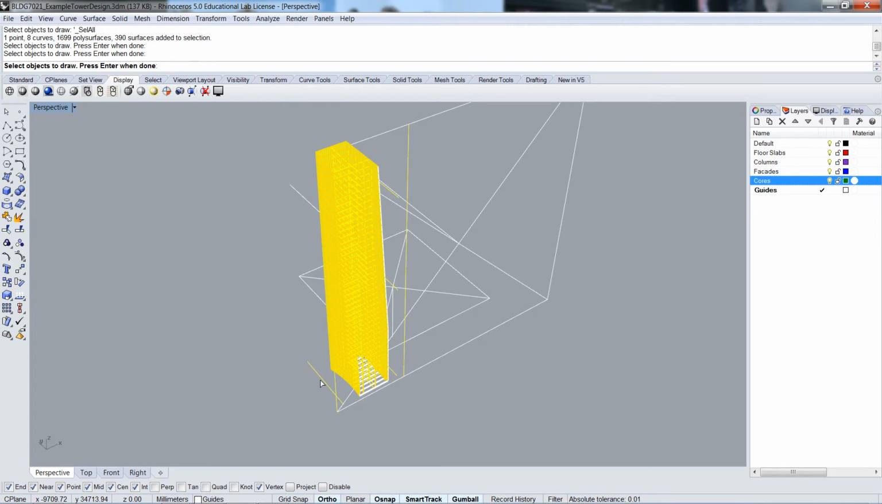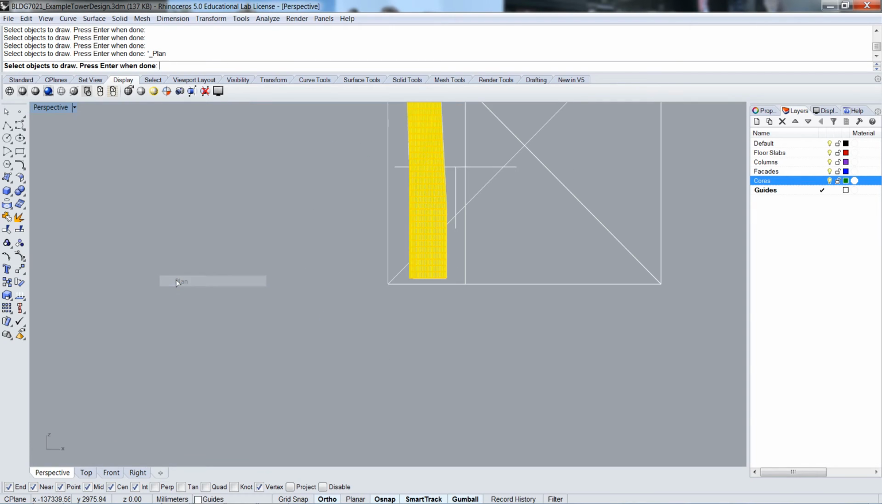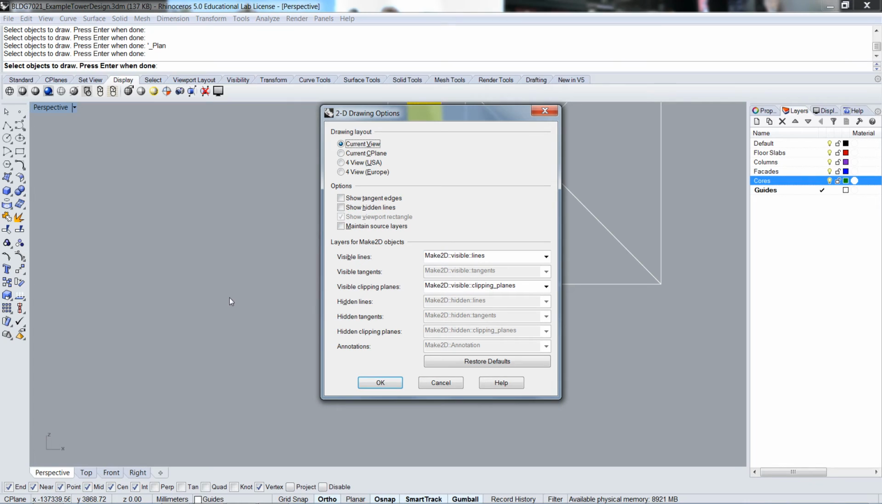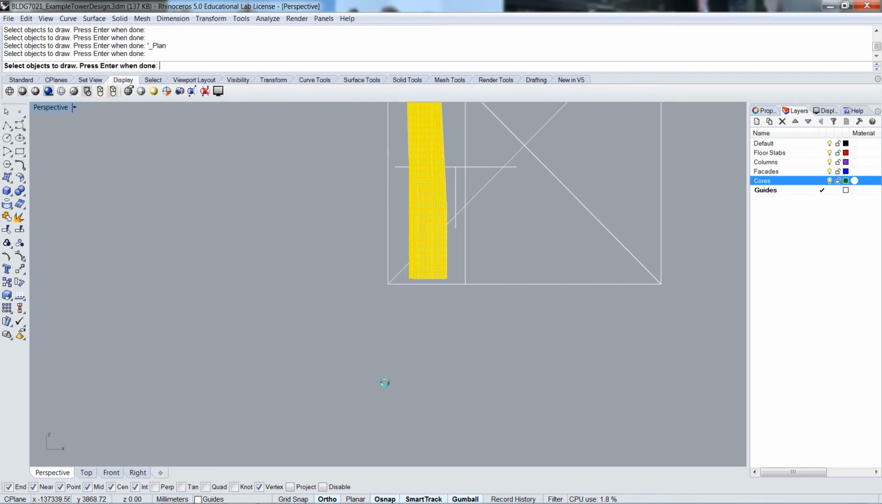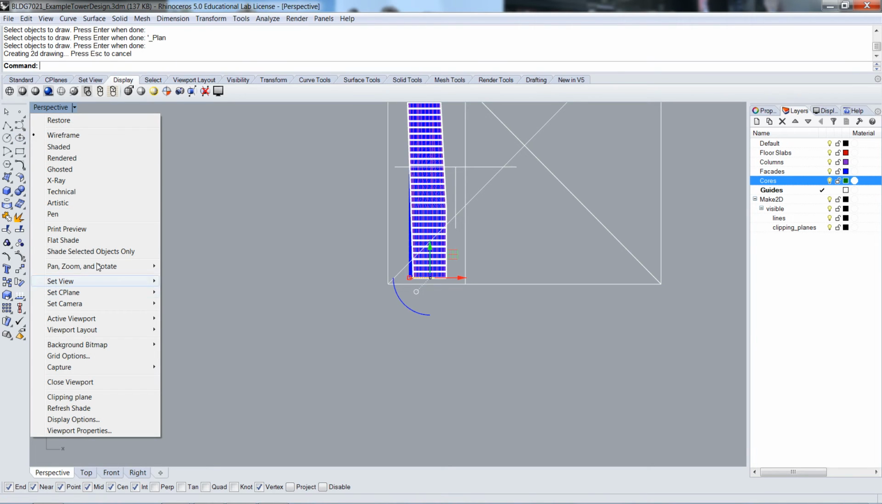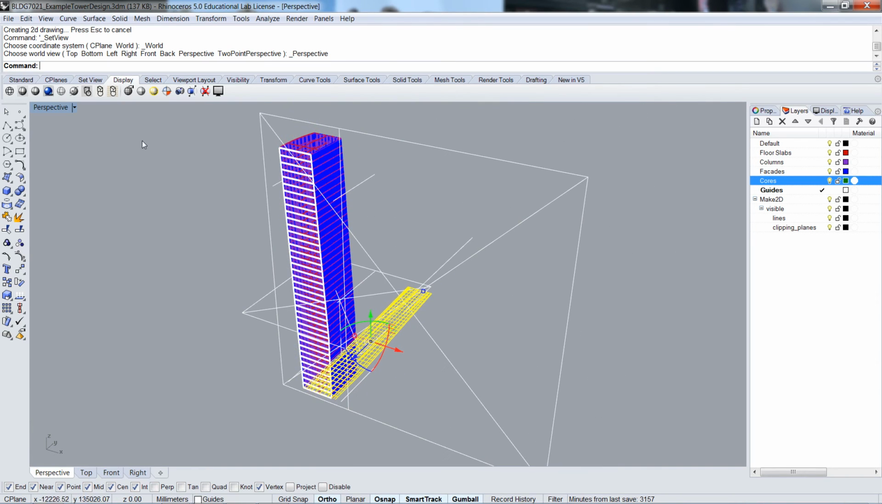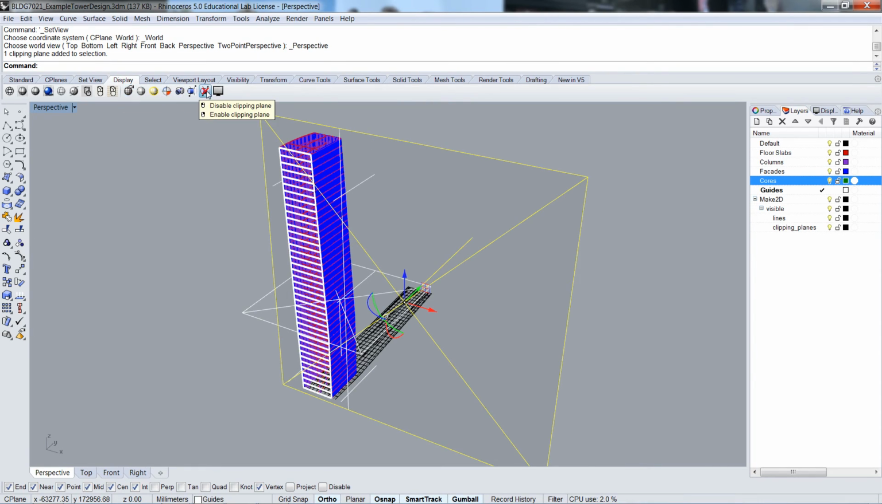I'll just deselect some of these lines, and then I'll put it into plan. Press enter when done. OK, and it's waiting. OK, it's finished now. And if we go back to perspective, and I'm going to just set this, oops, it's already on wireframe, sorry. Display, I'm going to turn it off,